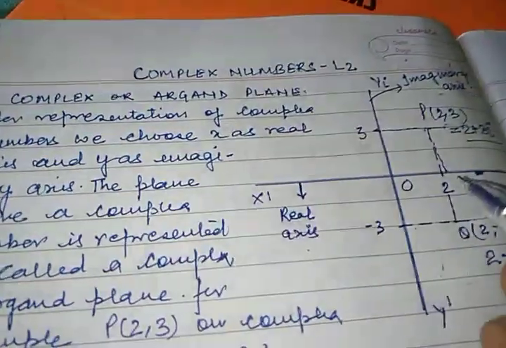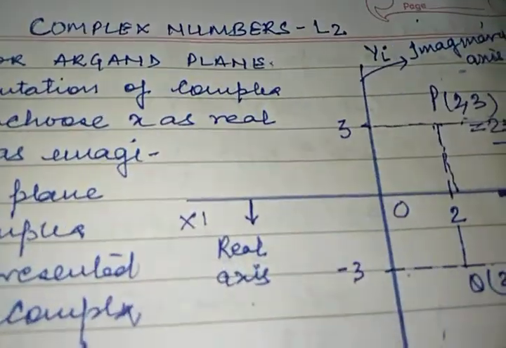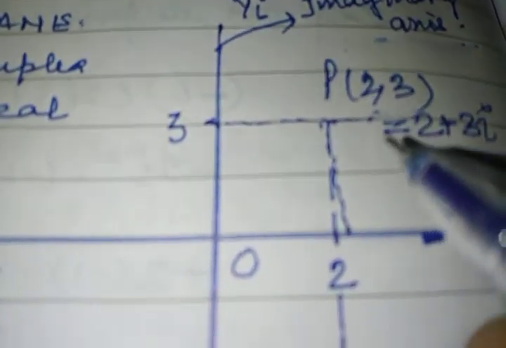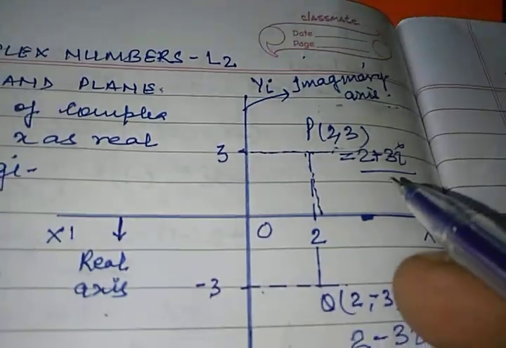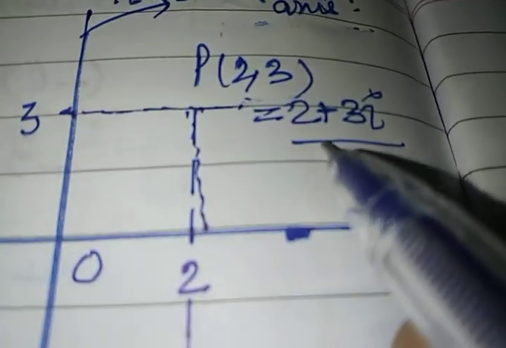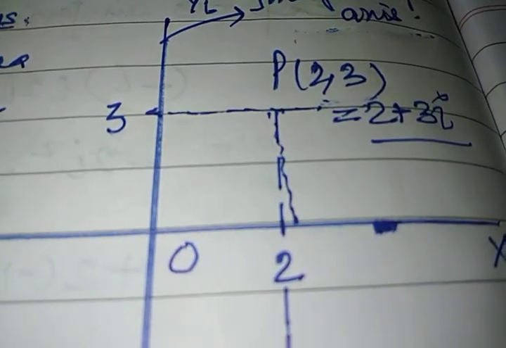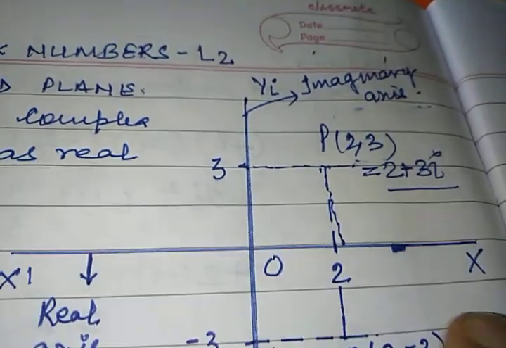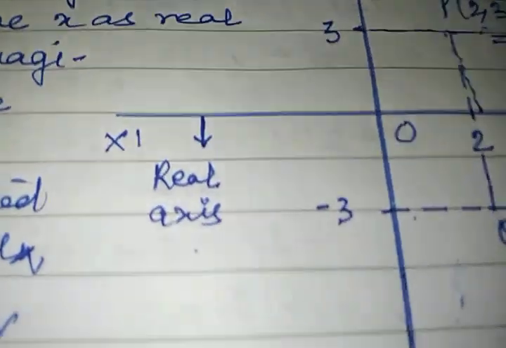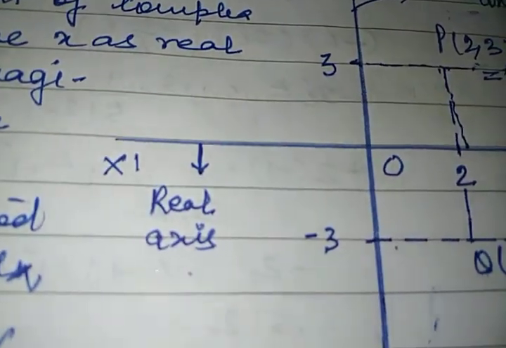Now if you want to plot the point 2 plus 3i, 2 plus 3i means the ordered pair will be 2 comma 3. This uniquely means 2 plus 3i. So I have plotted 2 here, 3 here, this is (2, 3), and this corresponds to the point 2 plus 3i. This whole plane is called the Gaussian plane, or the Argand plane, or the complex plane. Better you know it as the Argand plane, complex plane.